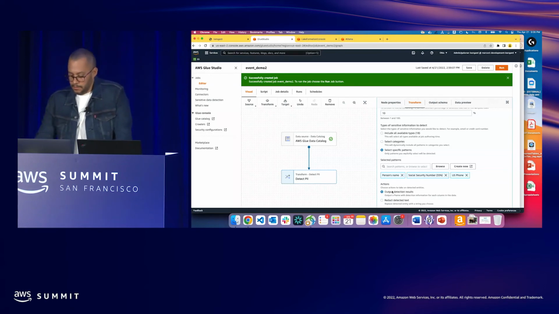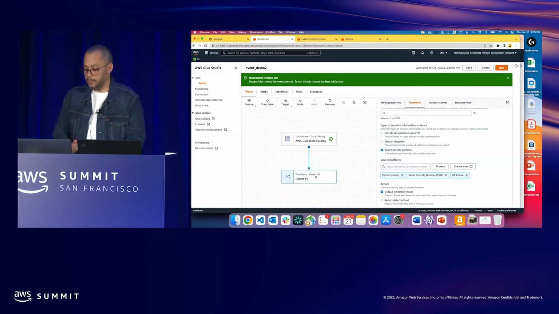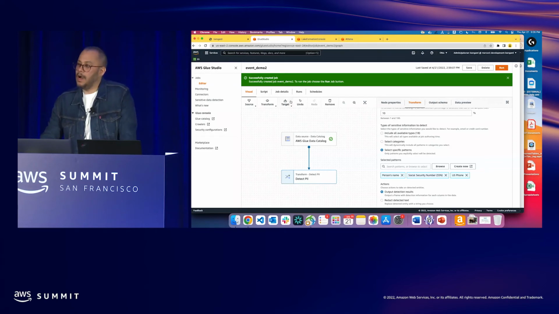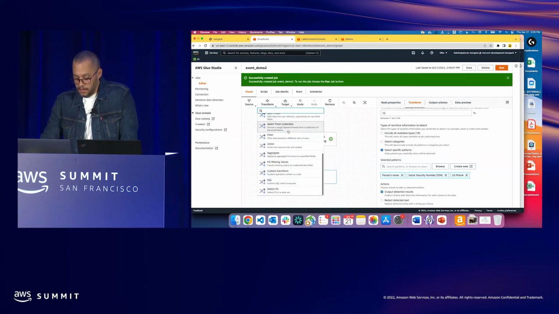So perfect. So we create that output, okay? We are going to have that information as part of our output, the list of the entities that we identify. And now I'm going to add a custom action. In this case, I have to go here to transform, select custom transform,